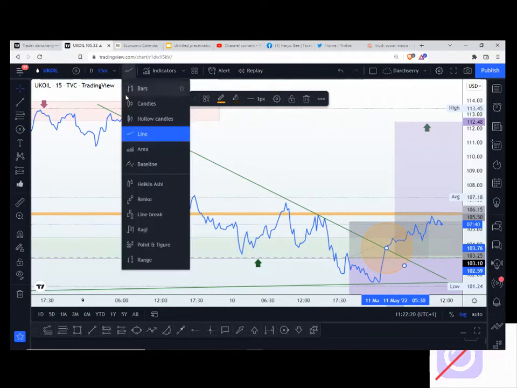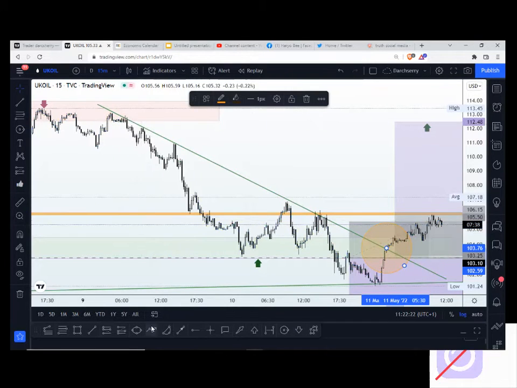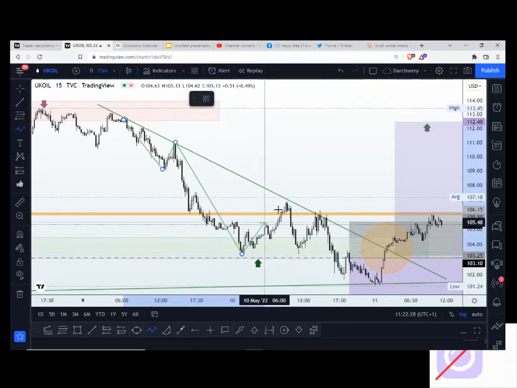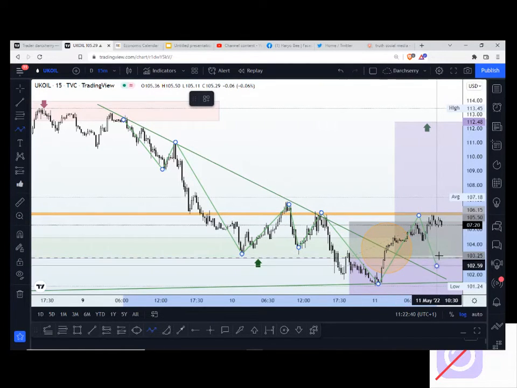as you can see, the bearish trend line was holding price for some time. As you can see, price continued to reject that trend line, not until later on this morning, where we saw that breakout of structure, and then we might be looking for a retest into structure to confirm a trend continuation